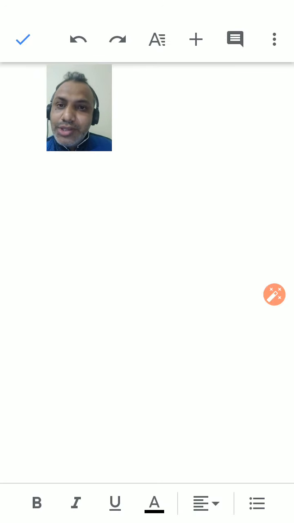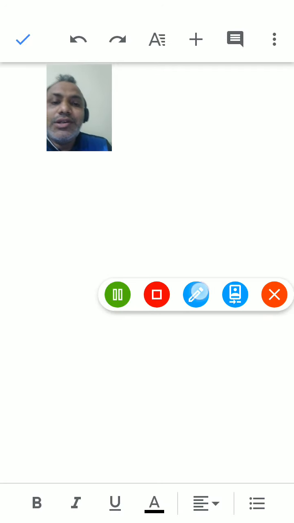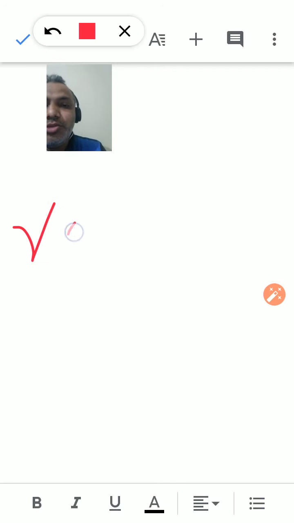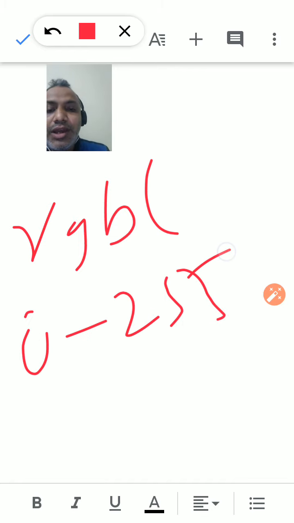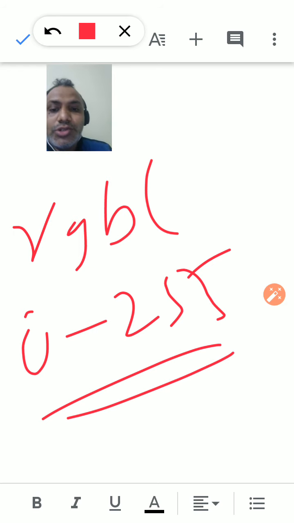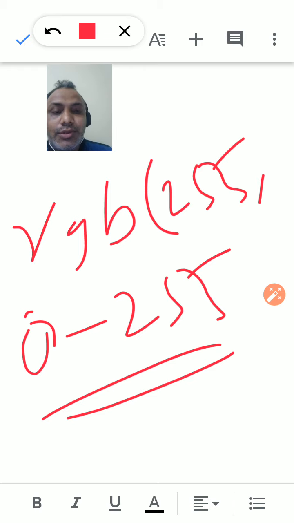We can remove them using RGB colors. We can represent it using the name RGB, and inside we provide the red value, and the range we have to provide is from 0 to 255. Suppose I take 255 for red and the others 0 comma 0.